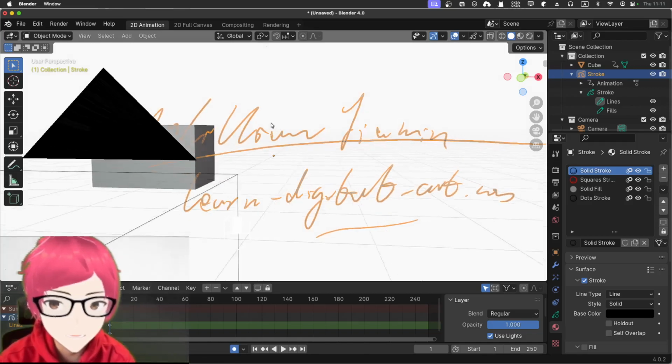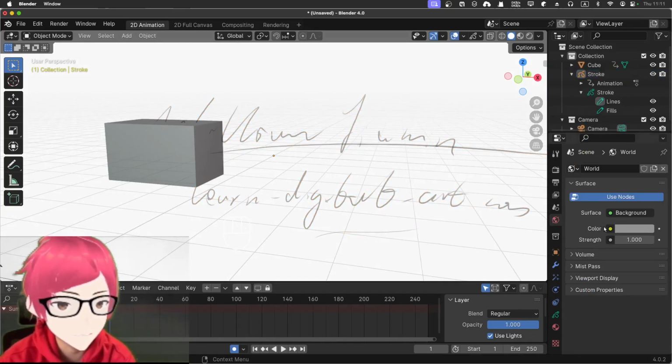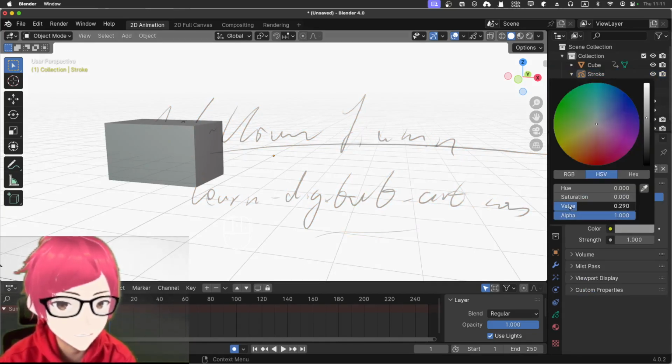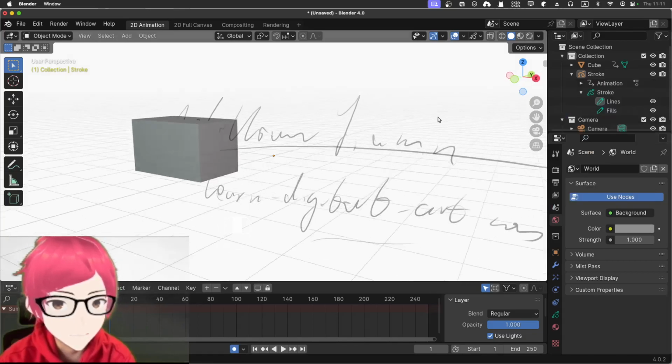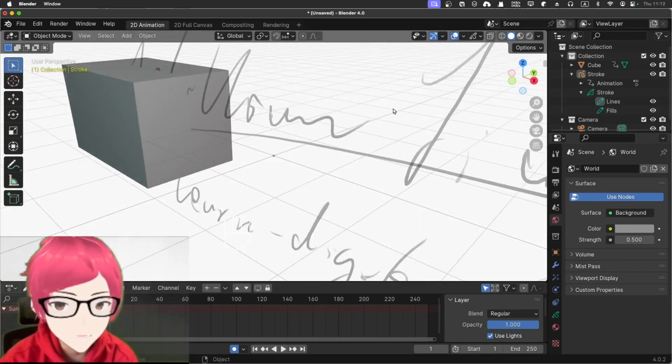And by the way, I think the wall color needs to be brought down a little bit. The background color needs to be brought down, and the strength maybe brought down a little bit. Okay, so if you look here,